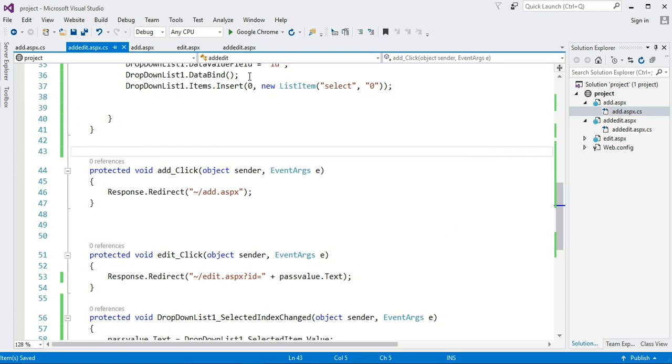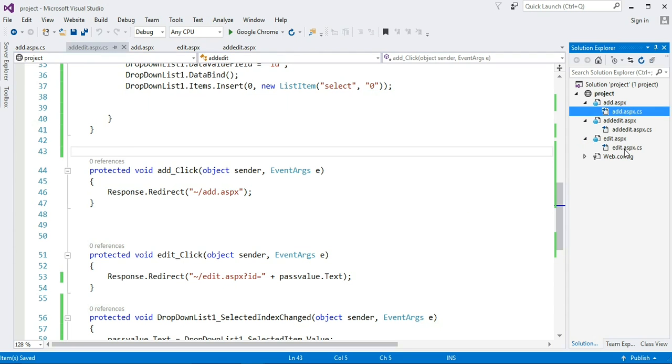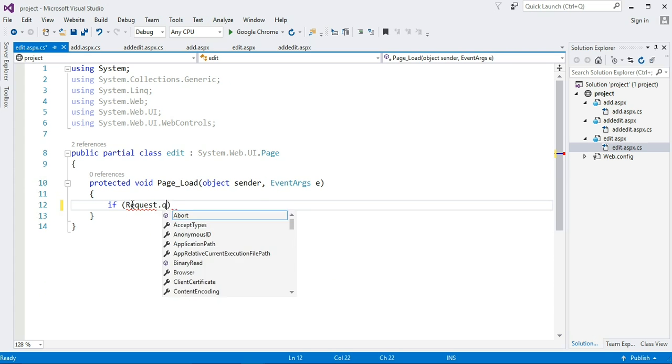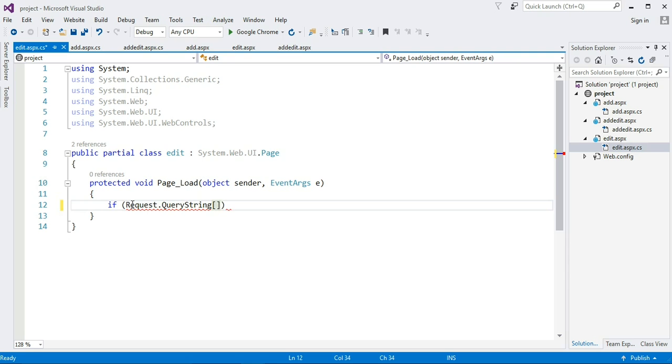Now go to the edit page CS. Write code on the page load event. Request dot query string is not equal to null.